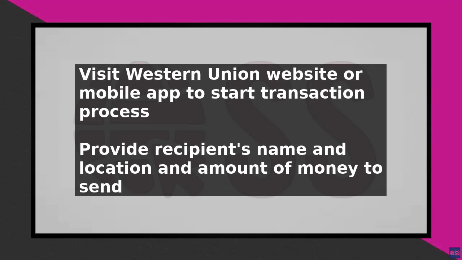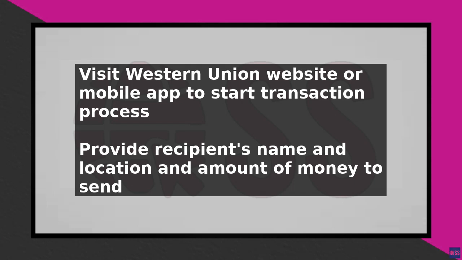To send money with Western Union, start by visiting the Western Union website or mobile app, or by going to a Western Union location near you. You will need to provide the recipient's name and location, as well as the amount of money you want to send. Choose your funding method, which can be a bank account, credit card, or cash, depending on the location and